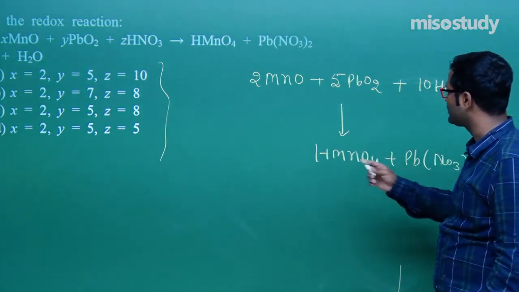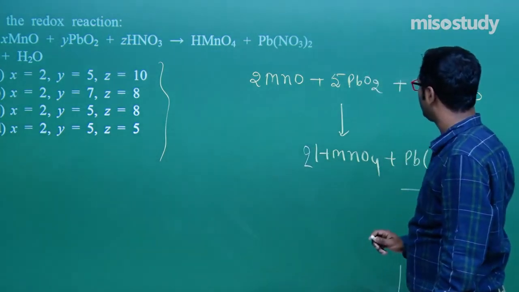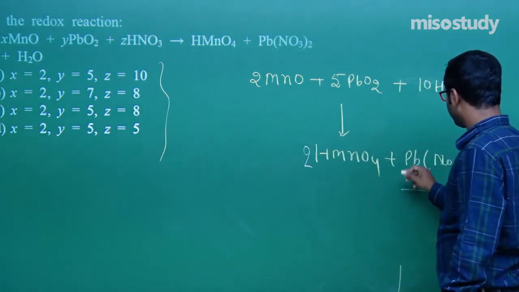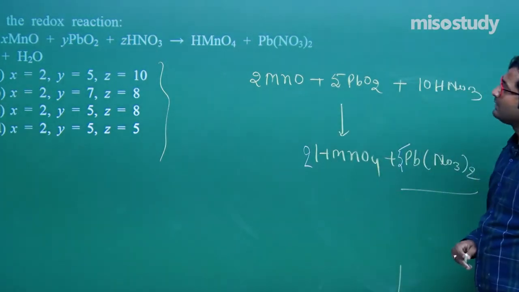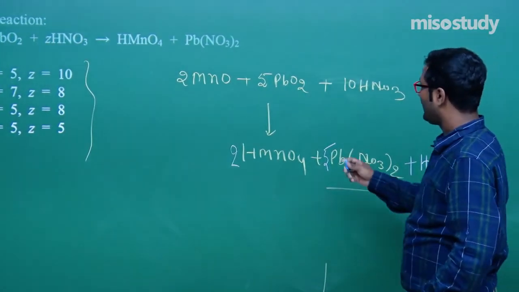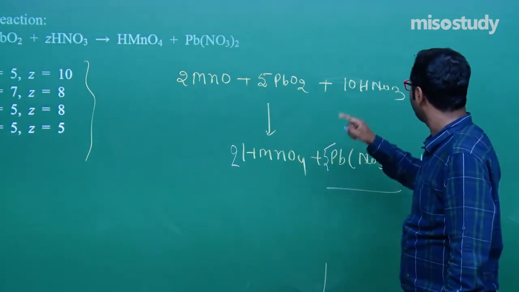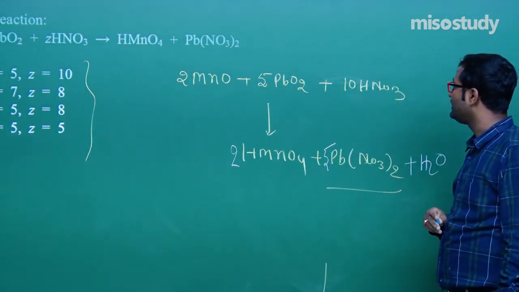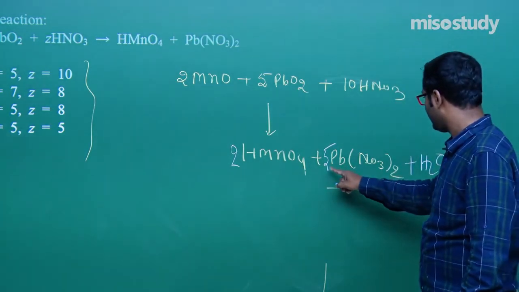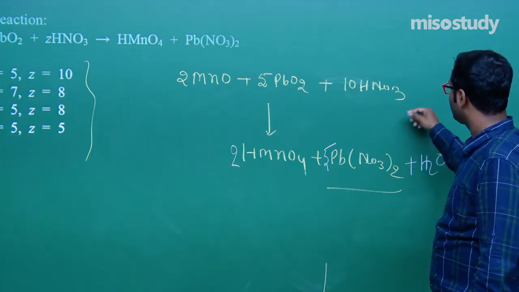Now balancing the equation. If I put 2 here, then put 2 here also. Okay. Now put oxygen 2 times, Pb 5 times. Put 5 here. Clear to you? Plus H2O is also there. Now balance oxygen. 2, 5 to 10, 10 to 12, 12 and 30, that is 42. Now check out oxygen: 8, and here 3 to 6, 30, 38, and here it is 42.